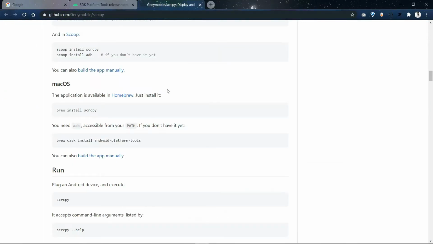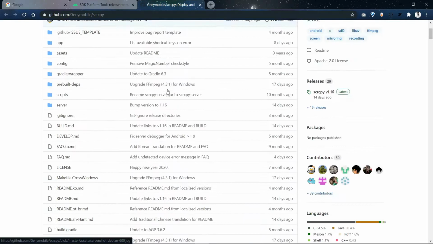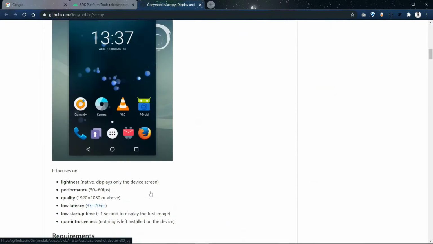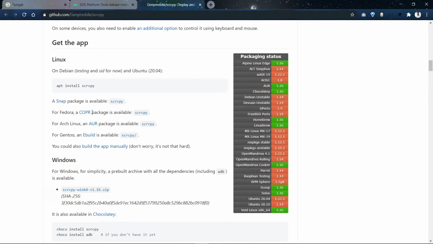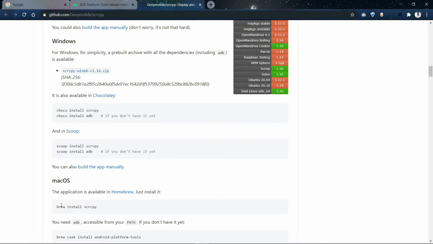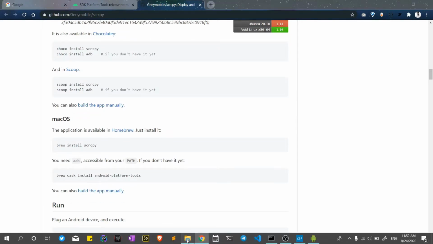Then go to Genymobile scrcpy and download the version for Windows, or if you are using Linux then you can go through this, and for Mac you can go through Brew.